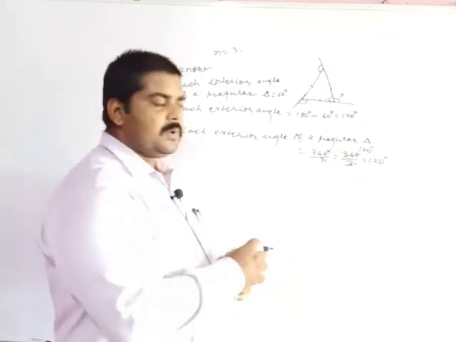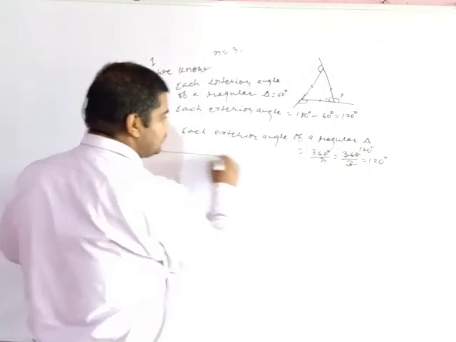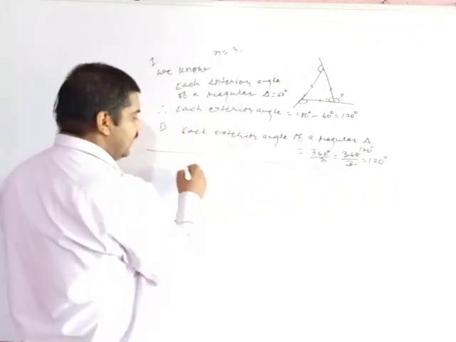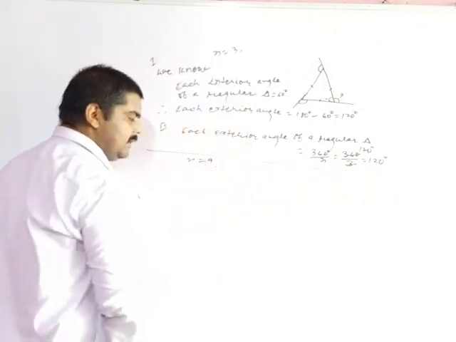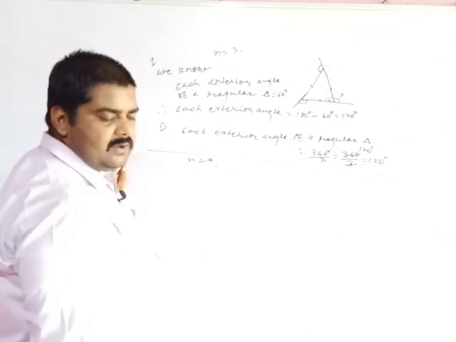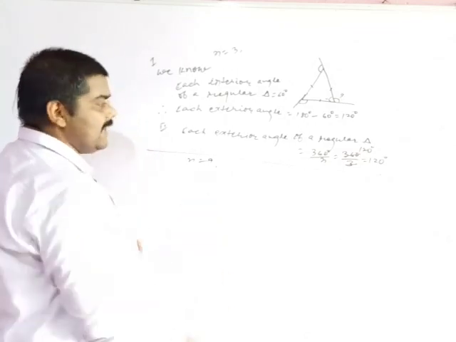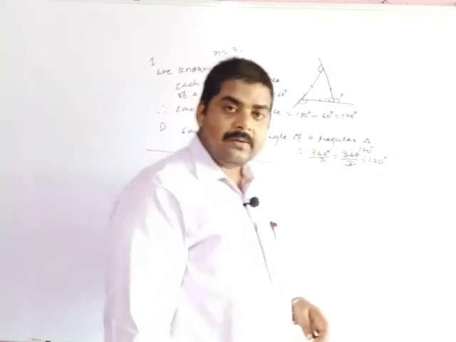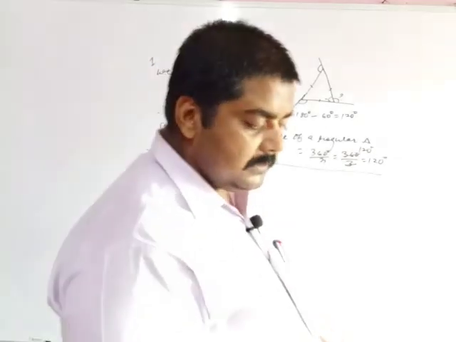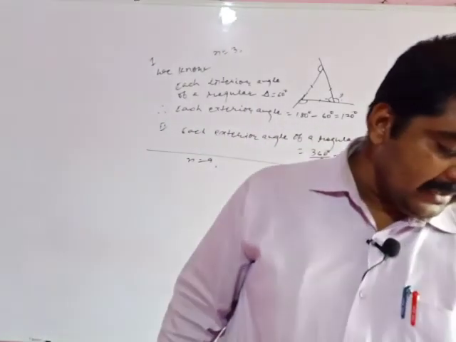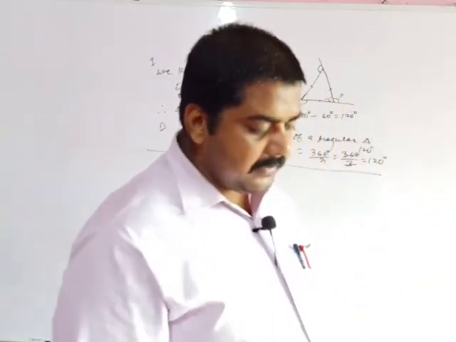Similarly, if the second question is given that n is equal to 9, then you have to find each exterior angle of a regular nonagon, because a polygon having 9 sides, you know very well that